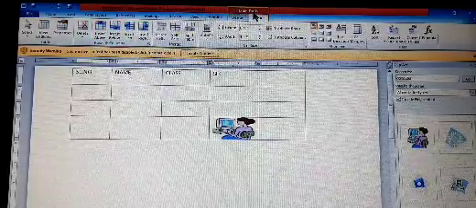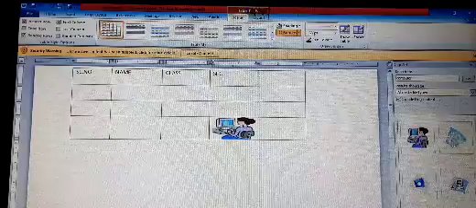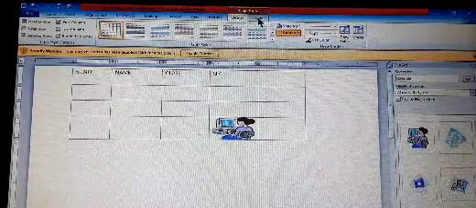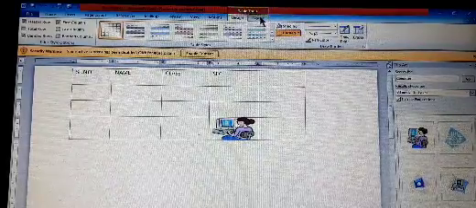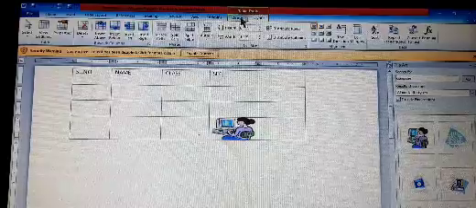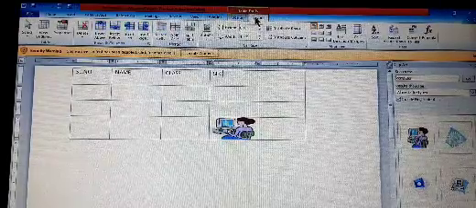Okay. This is the table tools having two menus. One is Design, the second one is Layout.